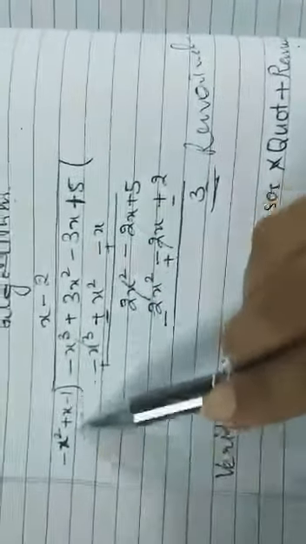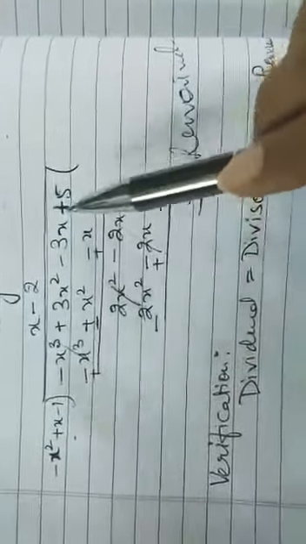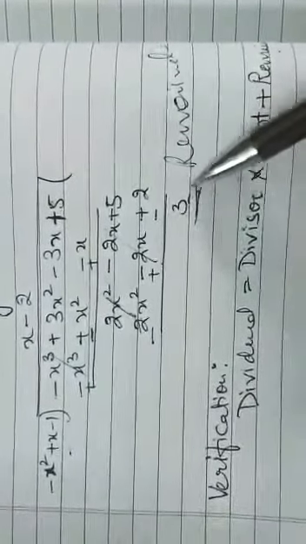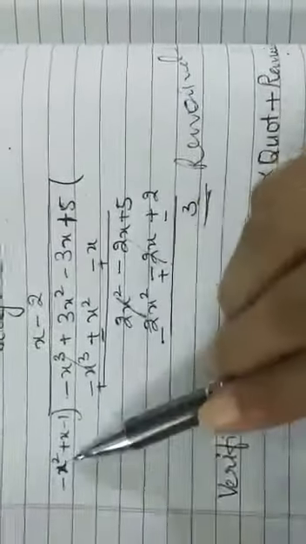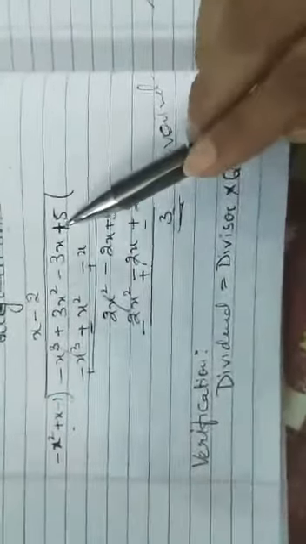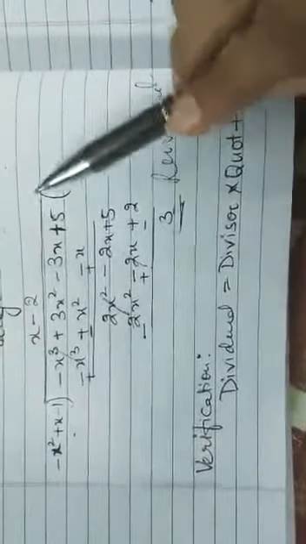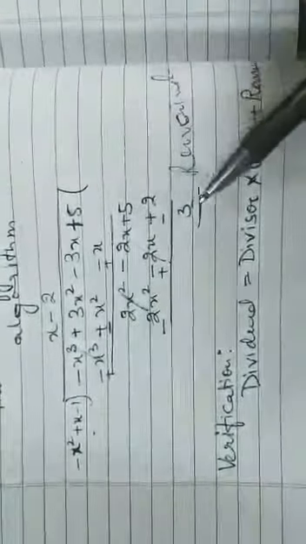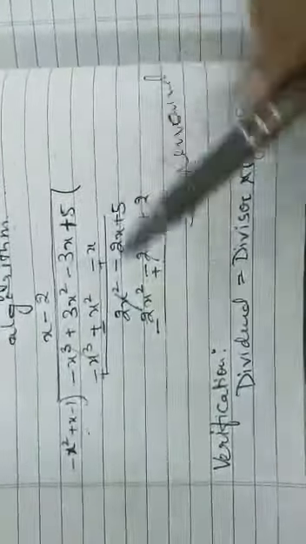Here remainder is what? Here remainder is 3. So this divisor is not a factor of dividend. But if sometimes you are dividing and you are getting remainder 0, then definitely divisor will become the factor of dividend. So you will get a second question like this in your exercise 2.3. This is to check whether the given polynomial is a factor of this. So divide them there. If you are getting remainder 0, you will say that divisor g(x) is a factor of p(x), otherwise not.